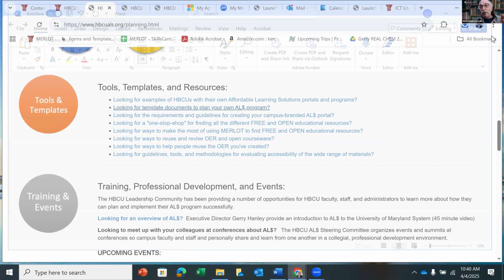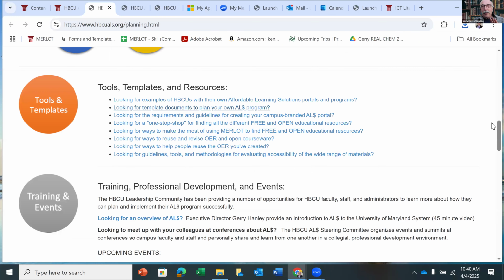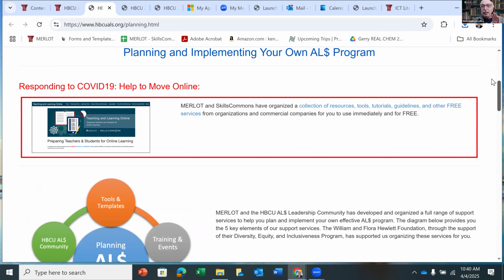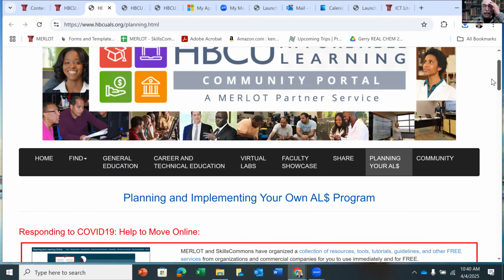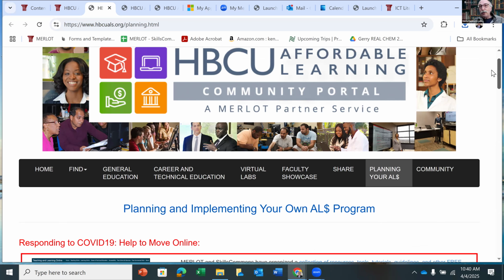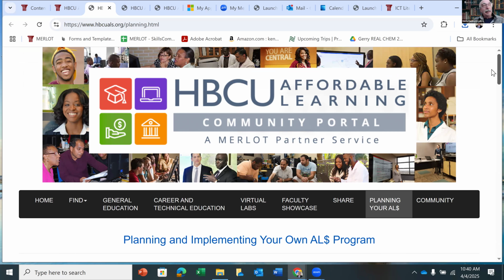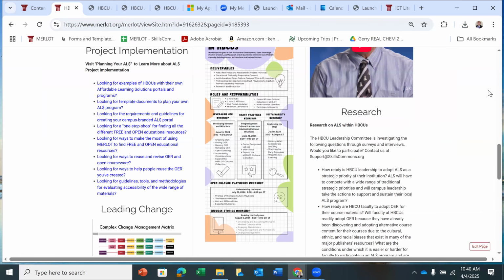Now, there's lots of information here. This can be completely overwhelming. Don't worry about it. Whenever you get to that point where you say, I've got to put together a plan, my provost asked me to attend the workshop, and now I have to think through it and provide a report, and boy, I don't remember everything, just shoot me an email. We can get on Zoom or on the phone, and I can talk you through how to leverage all this work so it really becomes a gift for you and not a burden. Okay. Thank you.